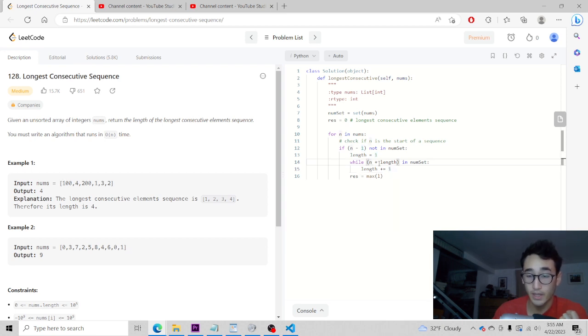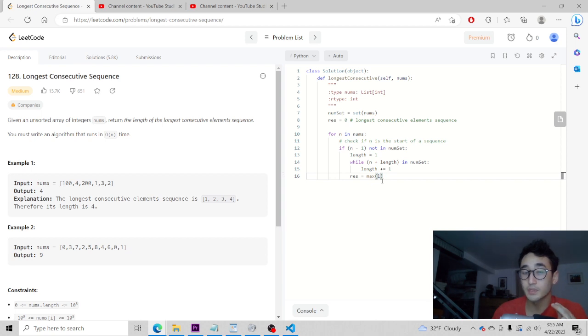If 101 existed, then we add 1 to the length, which would be 2. Then we look for n, which is 100 plus 2, which would be length. So we would find 102 until we get to the end.